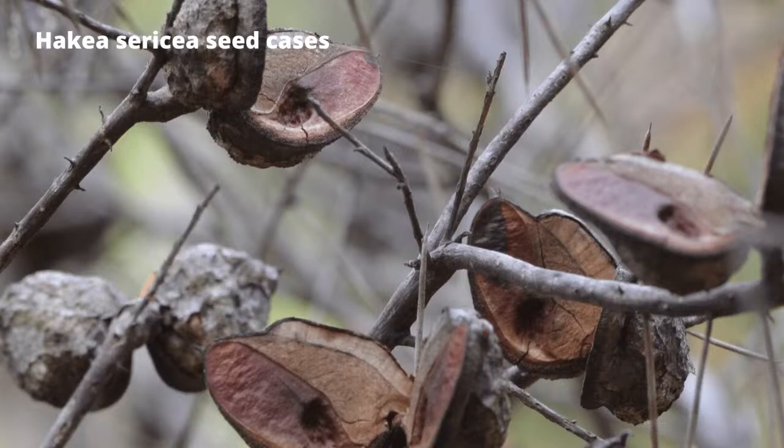When I lived in Gippsland, there were the white form growing along the South Gippsland Highway, as well as the pink form. Now,